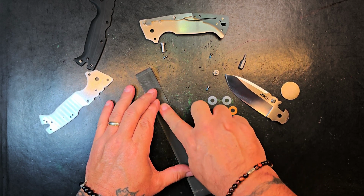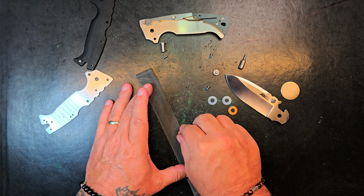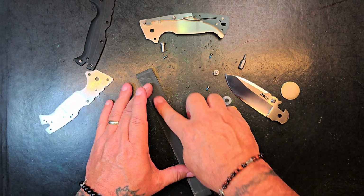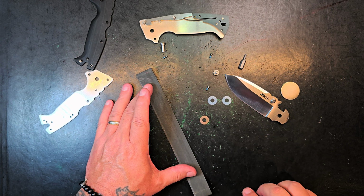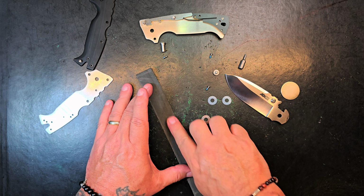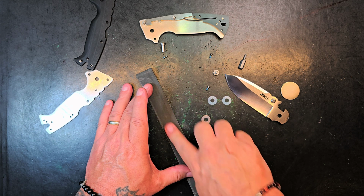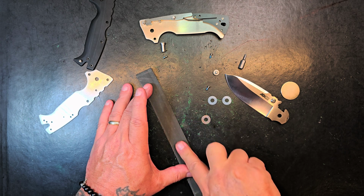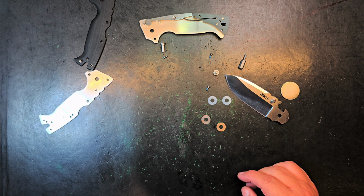Had a little burr on it, came right off. I'm going to turn it. Let's get a look. Yep, that's all it took. Cleaned it right up. This side was good on this one. I'm not really putting any pressure down on that. It's just the weight of my finger. Yeah, pretty good. Now I'm going to hit it with